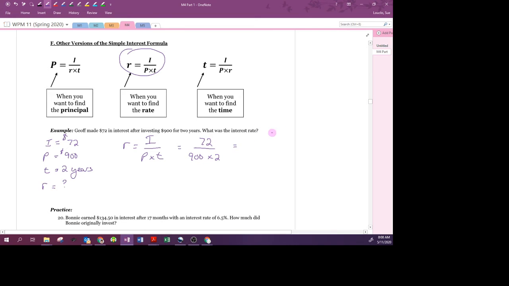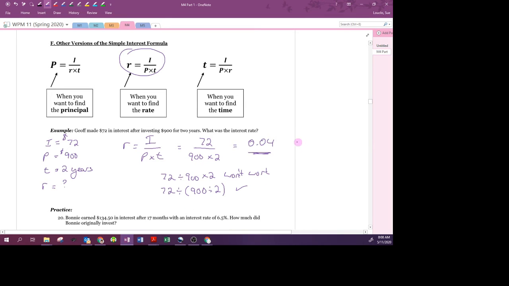My calculator will tell me that that is 0.04. Make sure you're getting that on your calculator. You can't just punch in 72 divided by 900 times 2. That won't work. What you would do is go 72 divided by bracket 900 times 2. Okay, that will work. Anyway, the answer you're going to get is 0.04, but you need to change that back